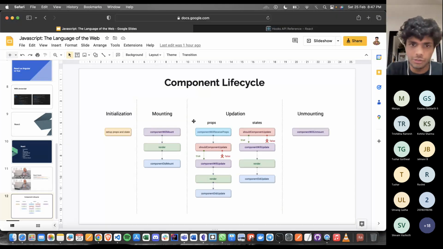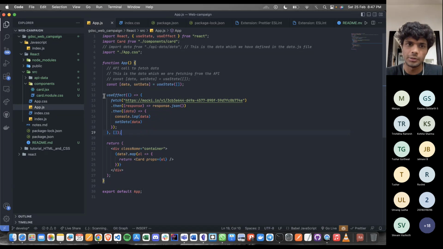सो जितने तुम यहाँ पे क्लास के मेथड्स हैं, ओके: कंपोनेंट विल माउंट, रेंडर, कंपोनेंट डिड अपडेट, माउंट, एंड दिस प्रॉप्स के मेथड है, स्टेट के मेथड है, और ये अनमाउंट हो गया। तो ये सारे क्लास के मेथड्स। ये सिचुएशन बहुत ज्यादा मेसी था, तो इस मेस को हटाने के लिए हमने सिर्फ यूज इफेक्ट बना दिया और मोस्ट ऑफ द वर्क यूज इफेक्ट से हो जाता है। ओके, तो माउंटिंग हो जाती है और मैनिपुलेटिंग भी हो जाता है, फिर अनमाउंटिंग भी हो जाती है।